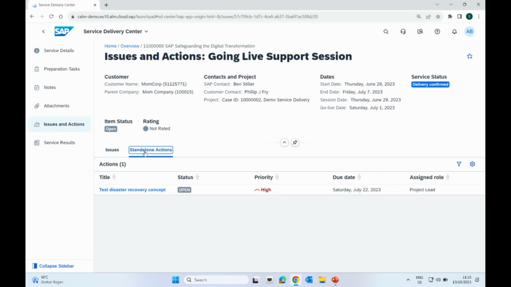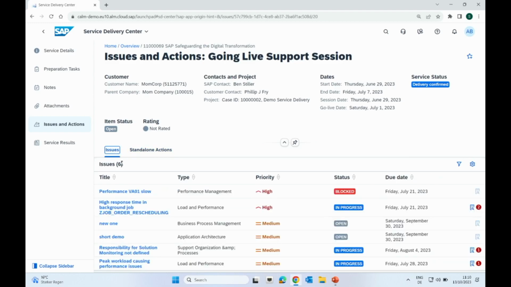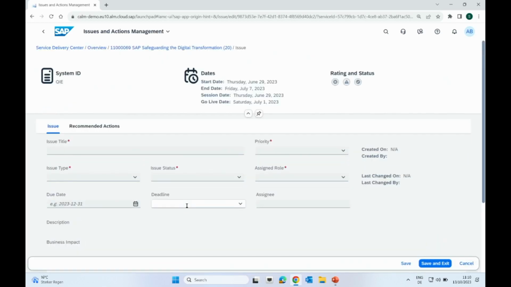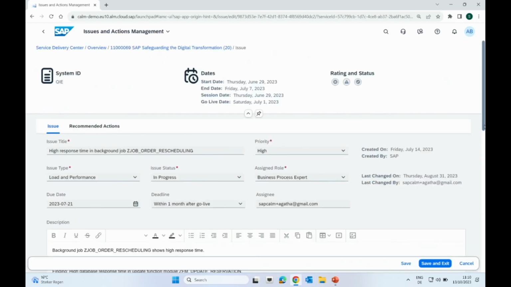Standalone actions, you see that here, are different. There is no issue. It's a general recommendation that SAP thinks you should follow. This is the difference, but for every issue, we should have at least one recommended action. So when I go to this issue here, there is